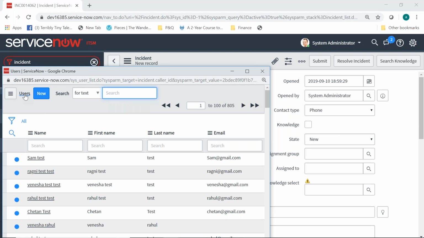So a person whose profile is there in the tool right now, only that particular person can be a caller. I can't select beyond this. It is not feasible. How to create one? There is a new button in here. I'll also talk about it at a later stage, how to create the user and what fields it requires. So right now, whenever it is a caller, I'm selecting one of the users from the user table. Does that make sense to everyone? Any other query till here?